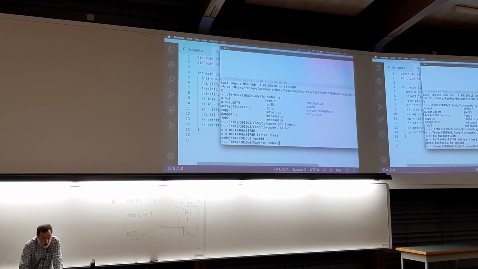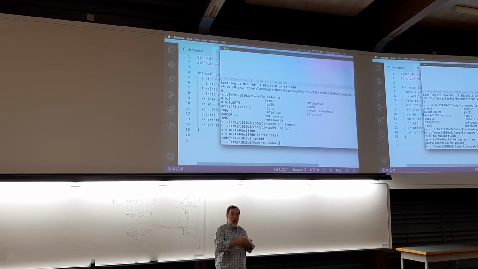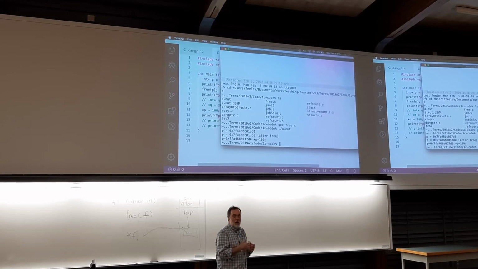After calling free, and this print is after the free, there's still that location in memory. I can still put things in it, but it's no longer allocated. And then I put a 100 in, and you'll see the 100 is there. So at this point, there's actually no way to tell that there's a bug. Any test you run with this program, without adding extra code, the program works, but it has a very serious